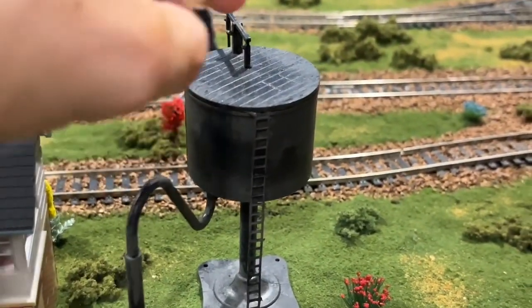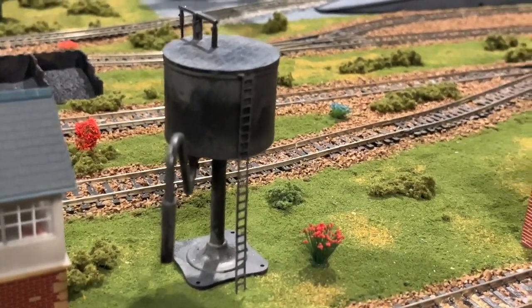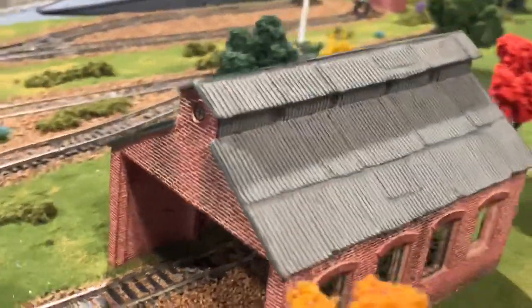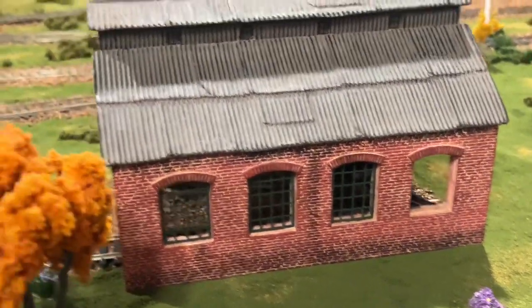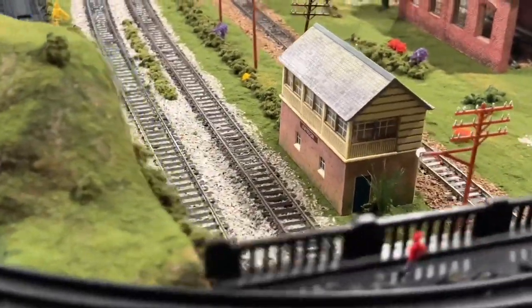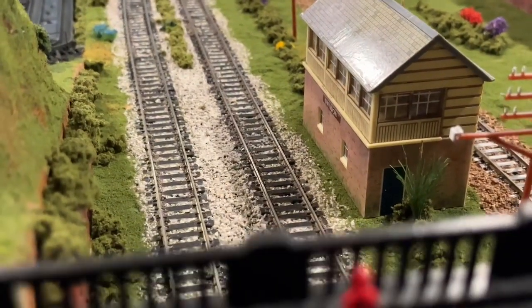There's another water tower. These are Pico kits. These are fantastic because they all cost me like $3 and all I gotta do is paint them up. They're great. Here's the Thomas double engine shed, which is a very nice piece. This window is still missing. One day I'll go in and make a new one, but until then, whatever. And just moving our way down, we're almost done here. I modeled this after the season 1 intro where he goes under and